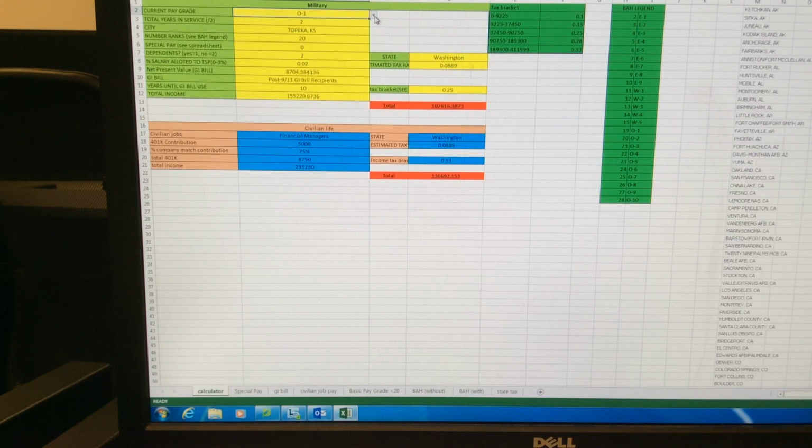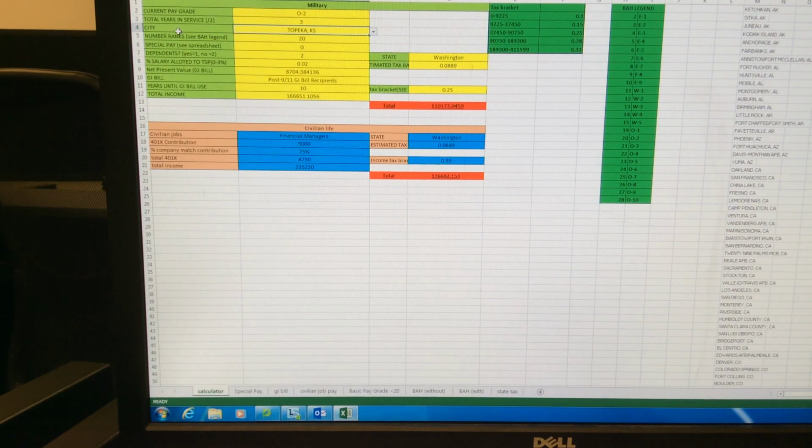right now as an O1. Say you want to see what you get as a first lieutenant. You go over here, put in as an O2, total years of service. The basic pay charts went by 2 years, so we said that the user needs to make sure they divide their number of years by 2. So as an O2, let's say you've been in for, we'll say 3 years. Then you'd input 3 years here. And so this is actually, you've been serving for 6 years, but you need to put in 3 for this